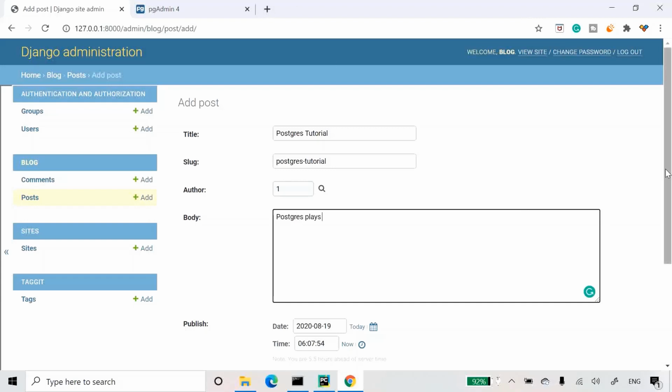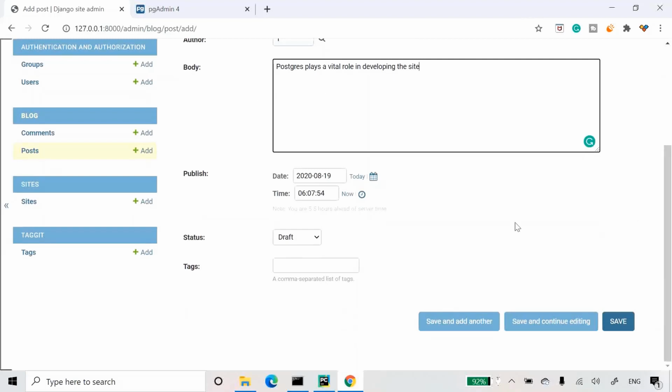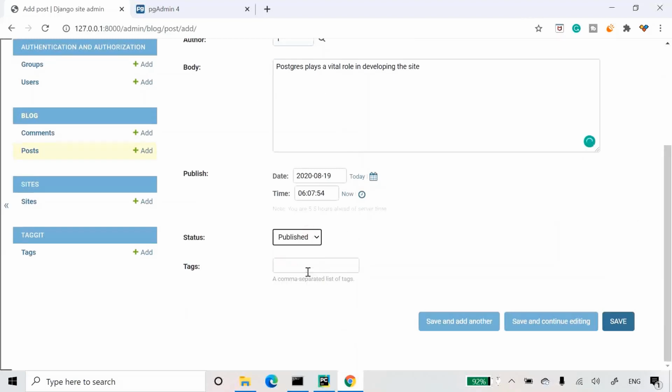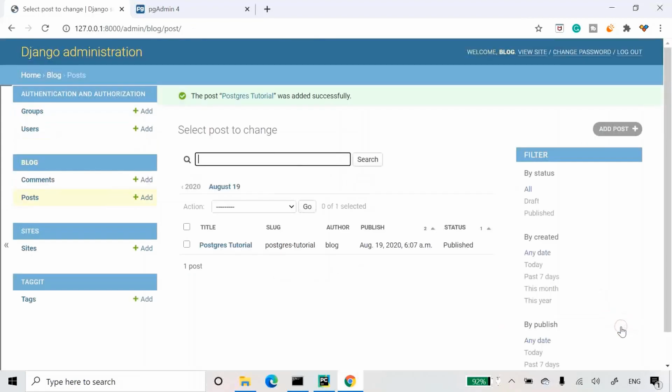Postgres plays a vital role in developing the site. Publish will be today, status published, and here I'll give tags as database, Postgres. That's it. Then I'll save here.